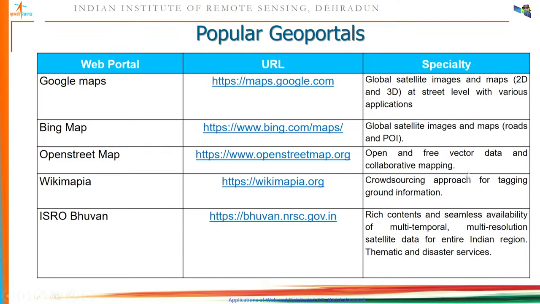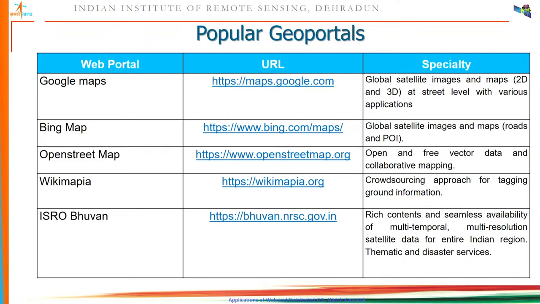Another website which is very popular among the GIS users. So the initial two websites are popular among the common man, citizens or anybody can access, but in the geospatial domain, the website called OpenStreetMap, which is available at the domain openstreetmap.org. In this website, the open and free data, which is known as vector data, is available for the entire globe. So the best quality data in the form of the vector